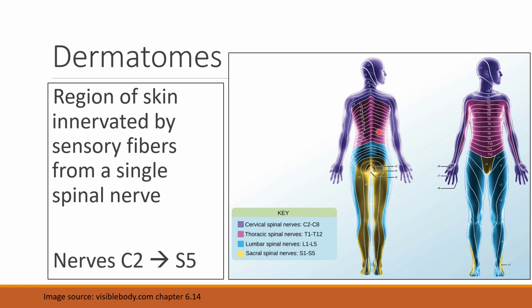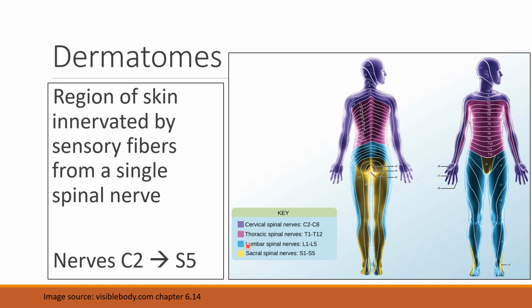The spinal nerves are labeled based on where they are on the body. So there's the cervical spinal nerves. Remember, that's that cervical region, and they're labeled C2 through C8. That's just how you number the vertebrae. So the nerves come out of the space between the vertebrae, C2 through